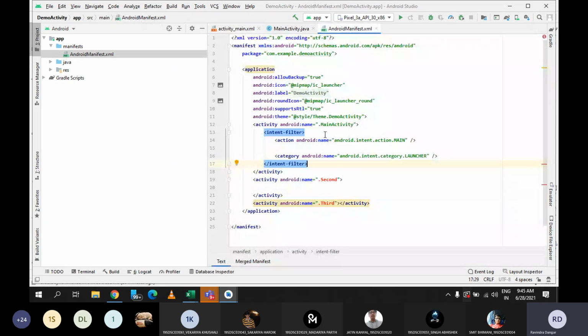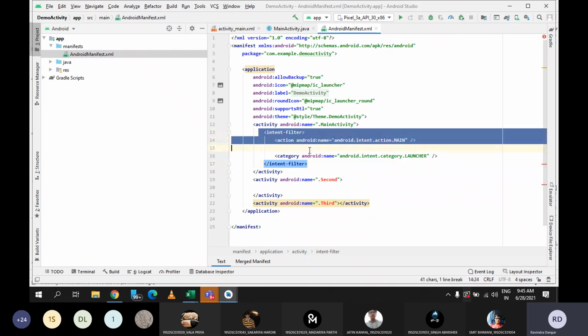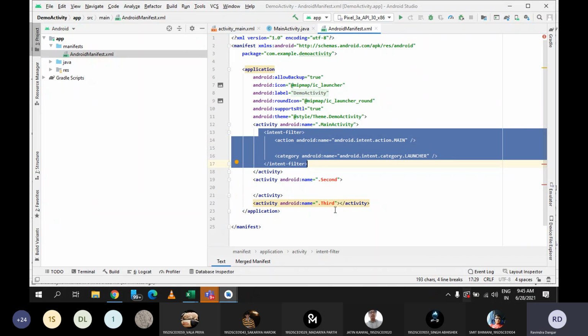But as of now, you need to understand that in your application, whatever number of activities you have, all the activities must be listed out here in the AndroidManifest.xml file. And if you want to launch any particular or any specific activity, then you will have to write this intent filter tag in that particular activity only. Any doubt so far? See, this is very important. That is why again and again I am asking. Let me know if you are not getting, so that I can explain it again. Clear sir. Yeah. Clear, sir.